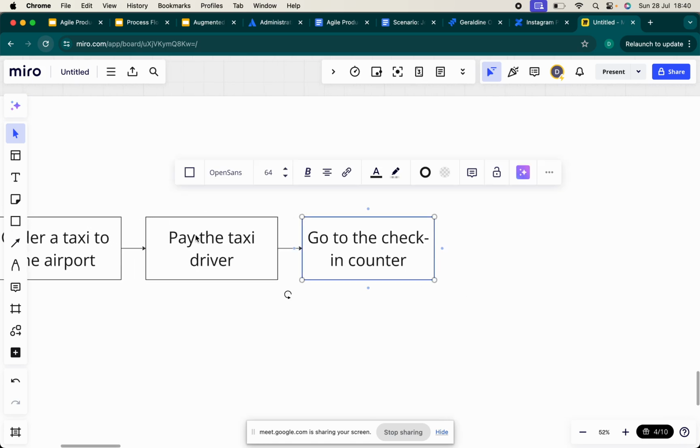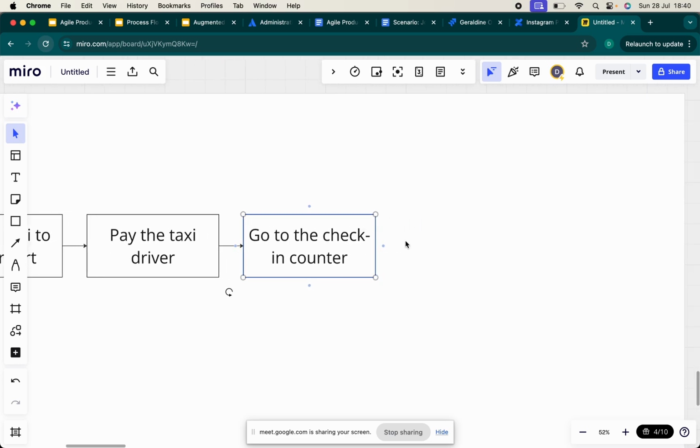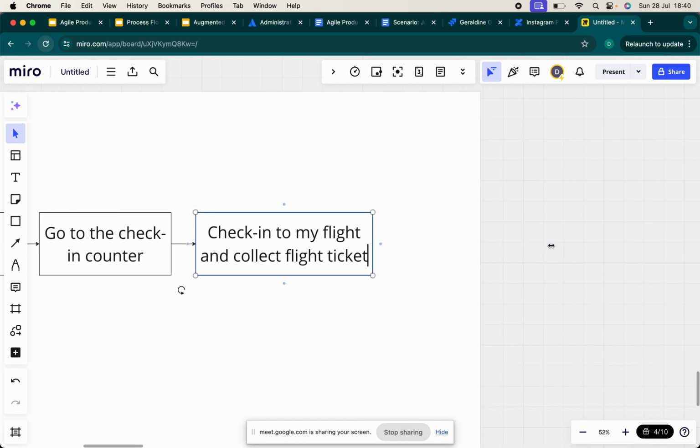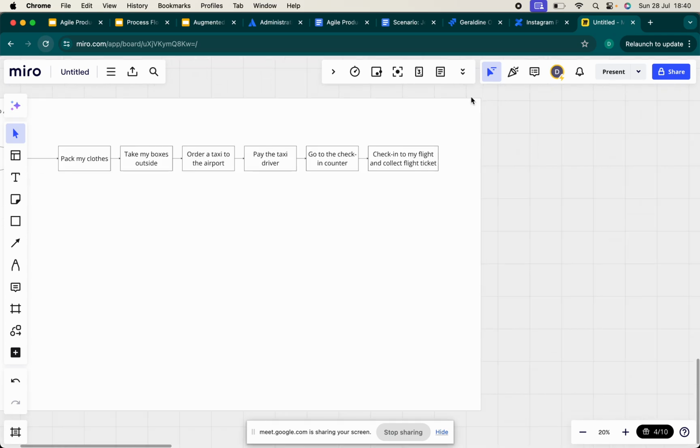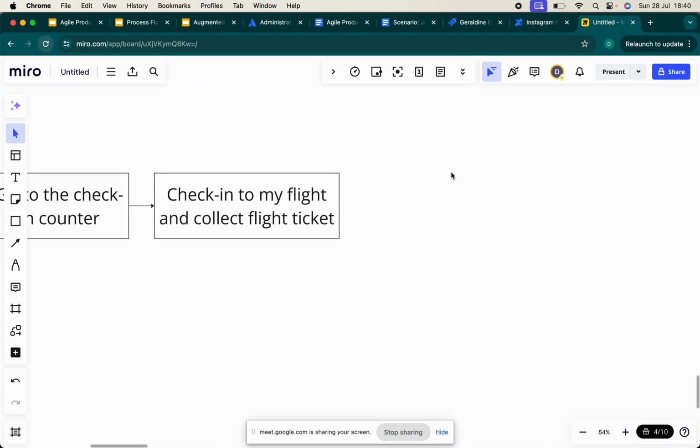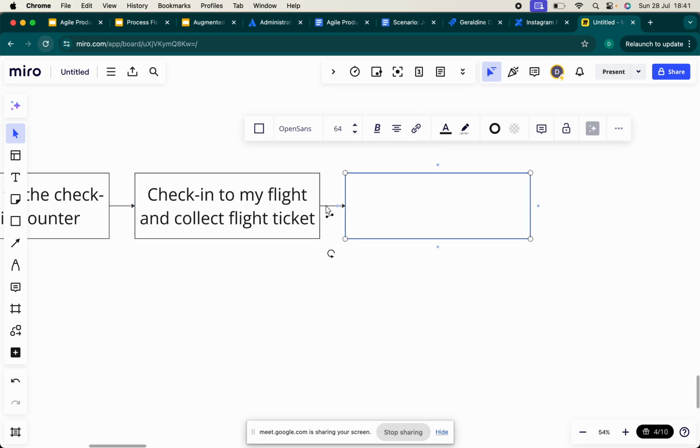Yeah, so you can see here, pay the driver, go to the check-in counter, check in to my flight and collect flight ticket. Okay, and then here, once it's done,